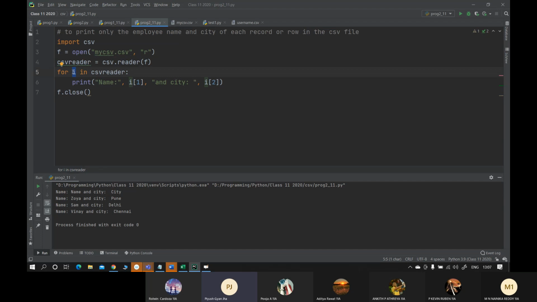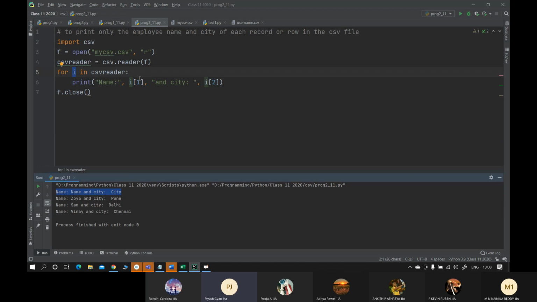Rolvin, that is for you to enhance. I understand what you are trying to get at. That's a good thing that you are thinking. Try that, giving a field width so that everything displays equally spaced under the same heading, if you want to do that. Now you see the first line is generally the header.